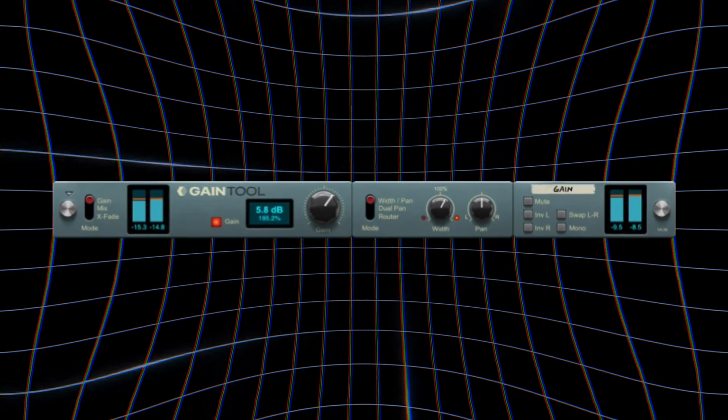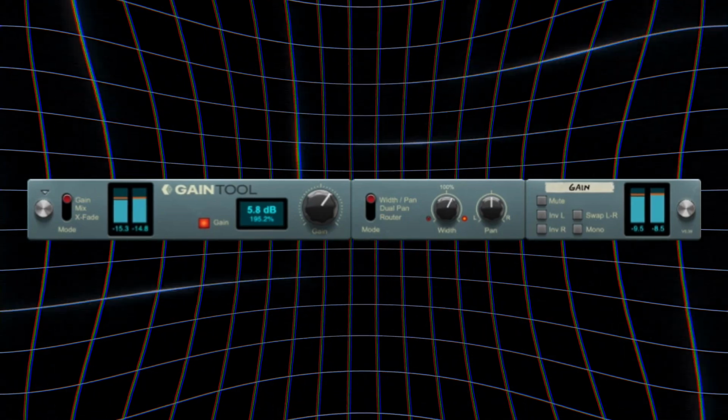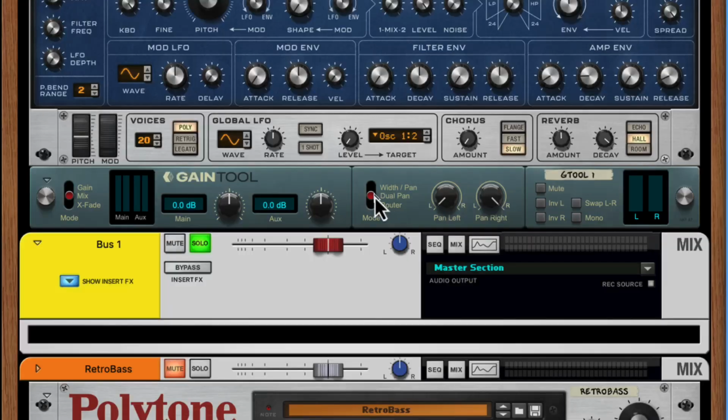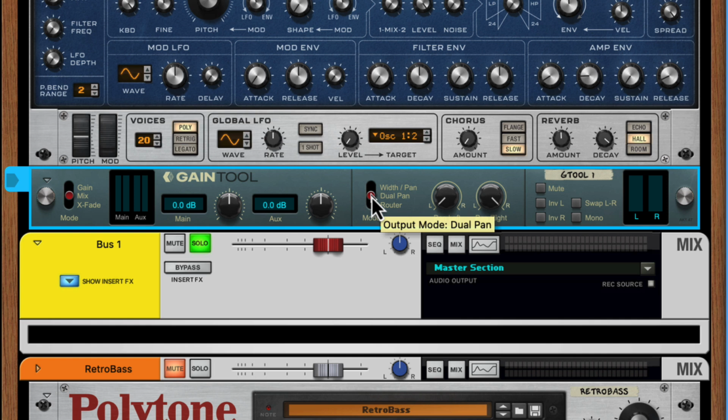The gain tool gives you more flexibility with the gain, width, and panning of your audio. But to be honest, I can see this being most useful in tracks to control the stereo field. The dual pan mode allows you to control the presence of your signal in the left and right channels separately